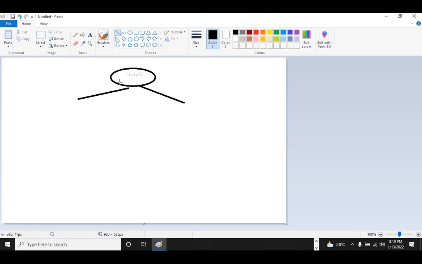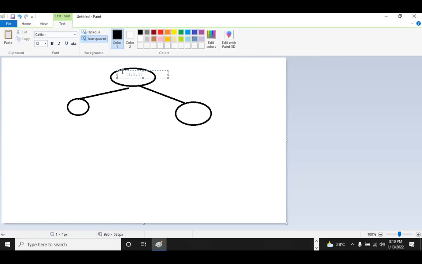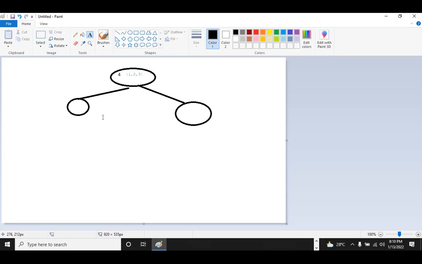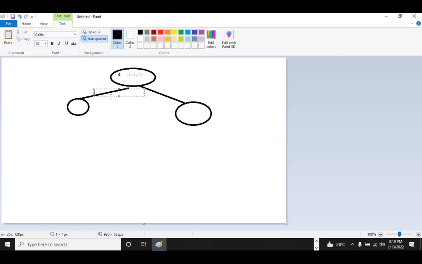If you go with the approach of picking the coin, every time I'm picking a coin, I'm going to deduct it from the total value. Right now my value is 4, so I'll note it here. When I'm going to the left side, the approach I'm following is to pick this coin.